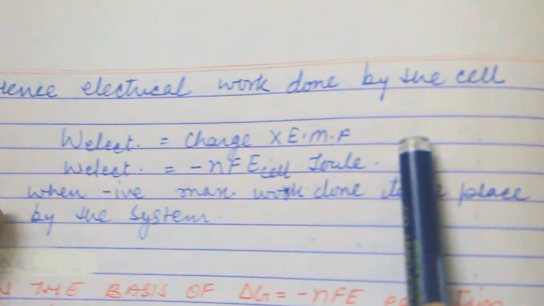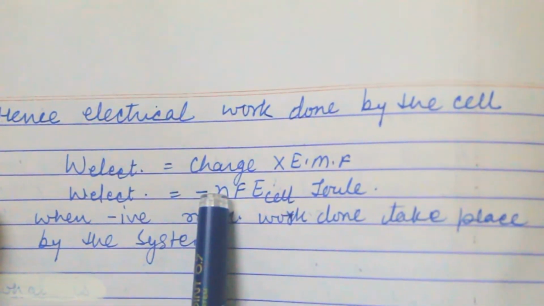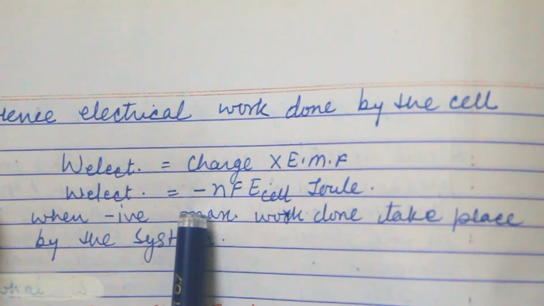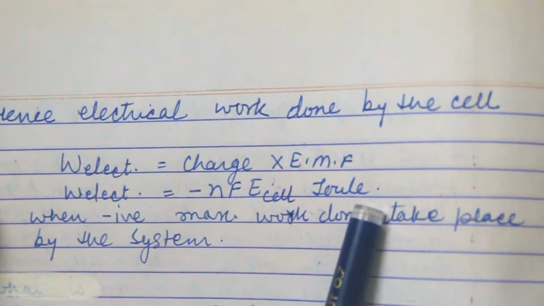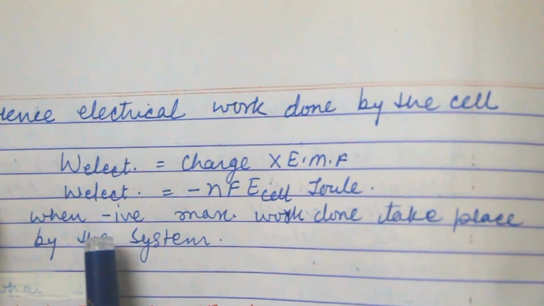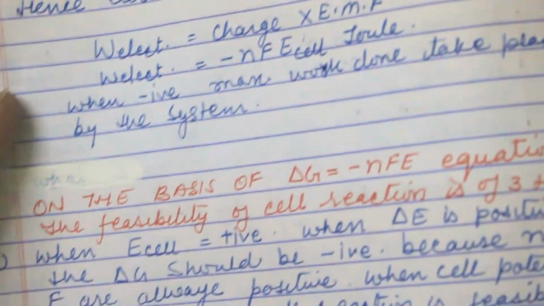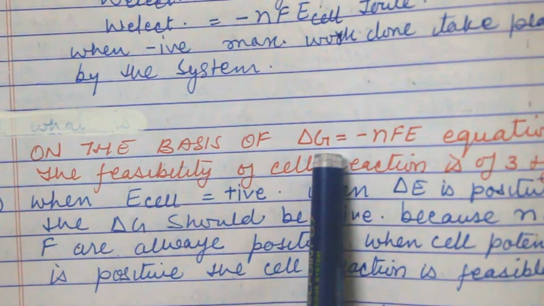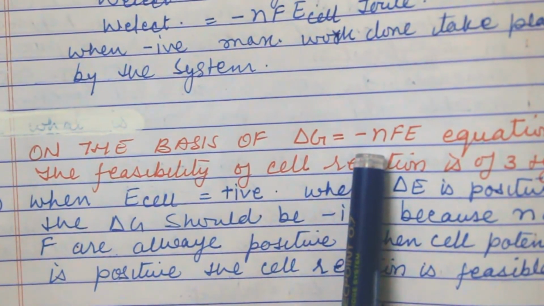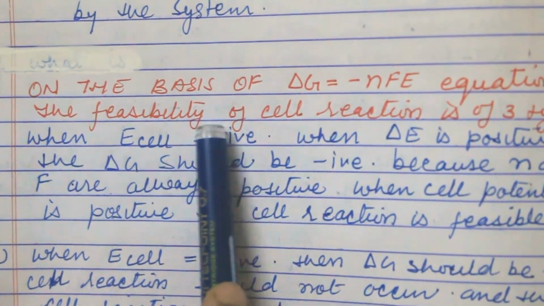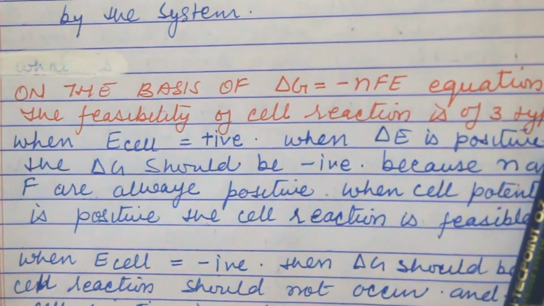Hence the electrical work done by the cell is equal to charge times EMF, so it is also equal to minus nFE joule. When it is negative, then maximum work is done by the system. On the basis of the delta G equals negative nFE equation,